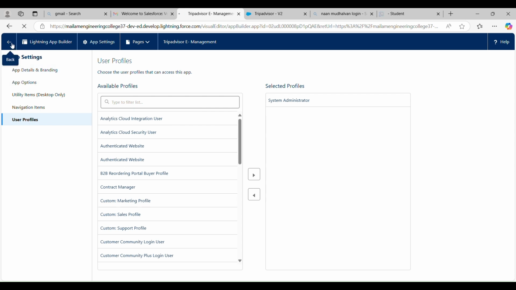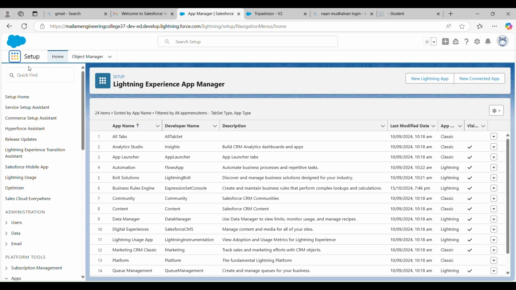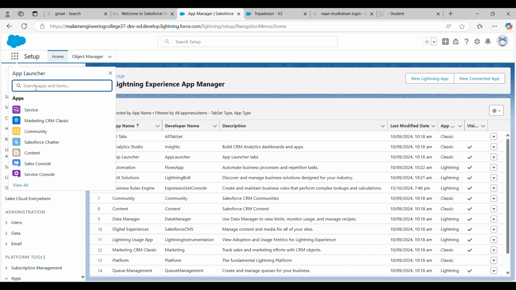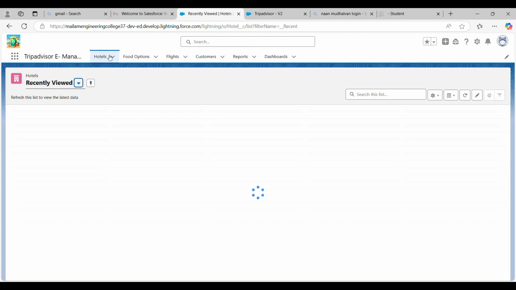And then the next step is to redirect to the app, that is, in this app launcher we have to search for the TripAdvisor E-Management app. This is our app, and here we will see all the objects which are created by us, and in those objects we have to add the sample data. That is, for hotels we have added 3 hotels, and for food options